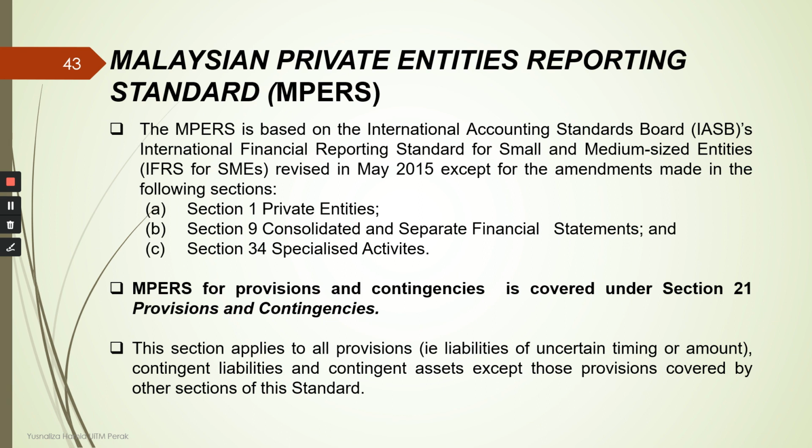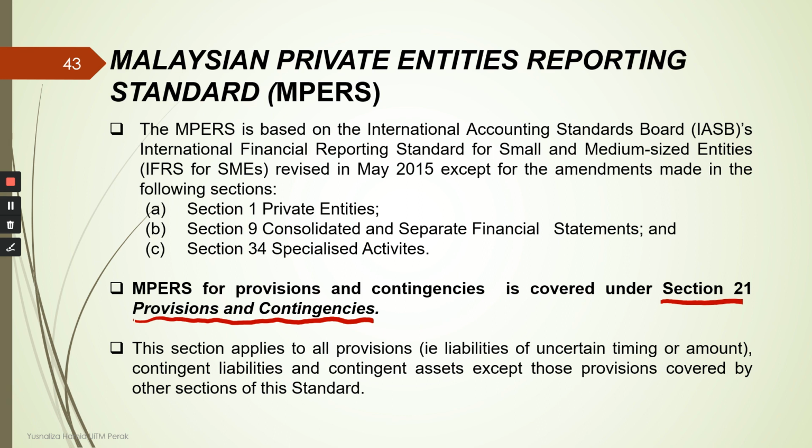If they follow the Malaysian Private Entities Reporting Standard, that is under Section 21, which is the one under IFRS for SME, which is issued by the International Accounting Standards Board, right? In Malaysia, IFRS for SME is renamed as MPERS, and it is Section 21